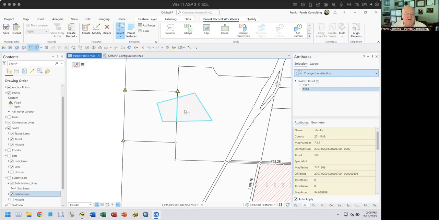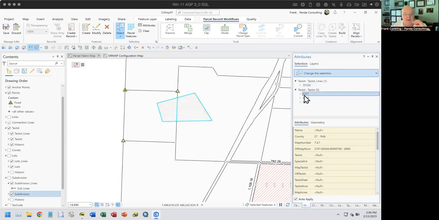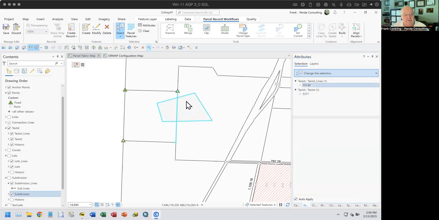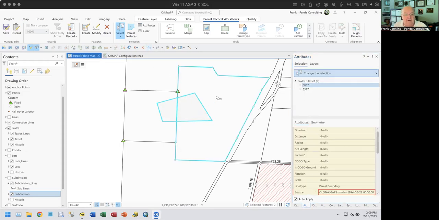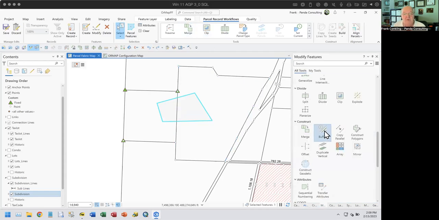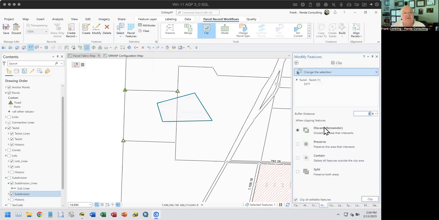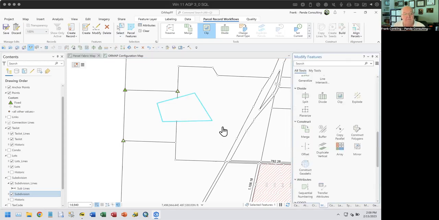All right, so this has this piece, the one we were cutting it with, and then this piece and this piece, nothing gets impacted by them. And that's different from this one, in which we tell it to discard this area inside here and mark it historic. So this one gets rid of what's inside of here. All right, so we only have one thing left, but with the parcel fabric, it would mark it as historic,